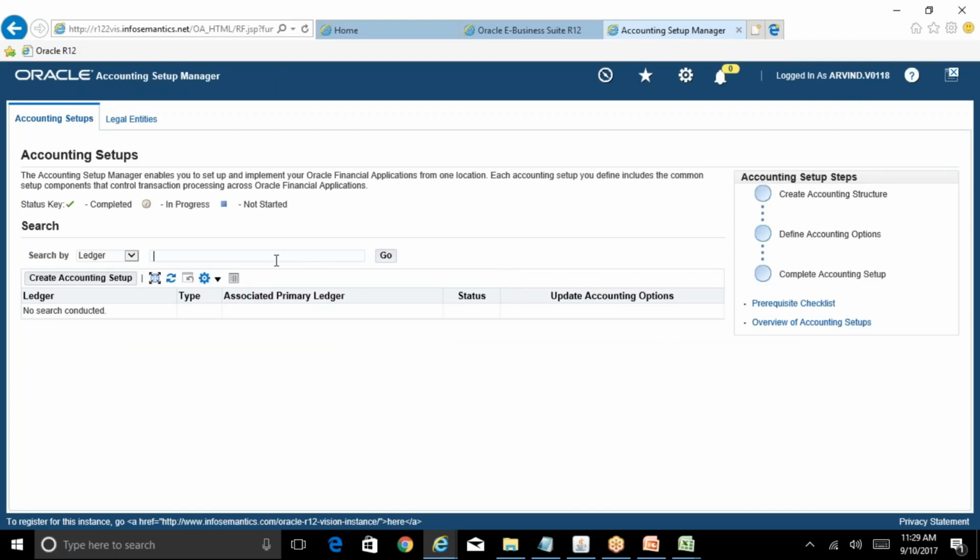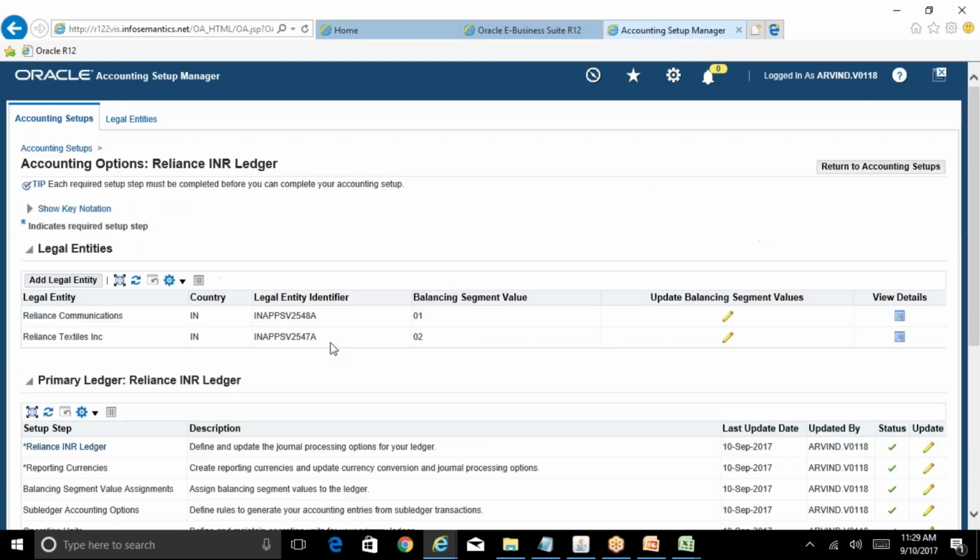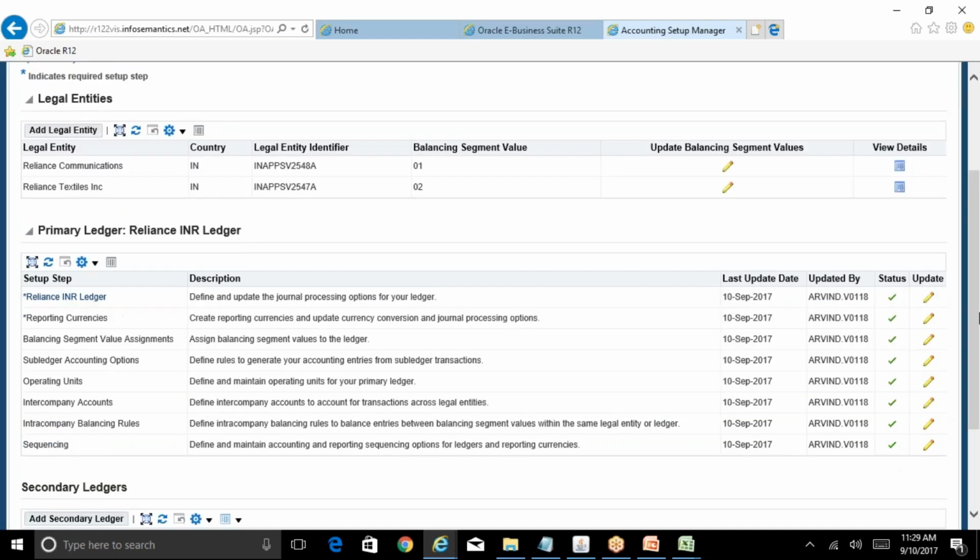Yes, that's one example, and this is also another example, wherein you want to use a legal entity of some other company under the current company. You cannot associate 03 as a legal entity here because it belongs to the USD ledger, but you still want to use that company code. So you can go to assign balancing segment values to the ledger,